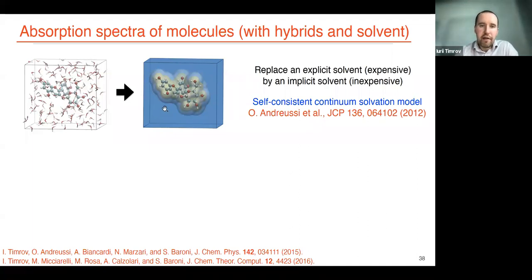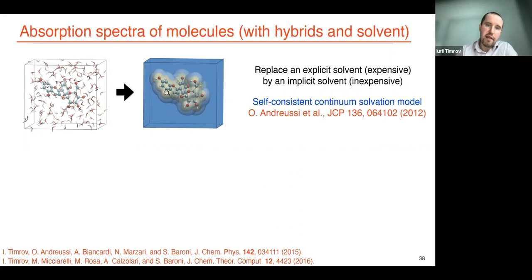But now the question is, how do you interface your real molecule with this solvent, the so-called implicit solvent? This is quite tricky. And in this work, we used the method called the self-consistent continuum solvation model, developed by Oliviero Andreussi, Ismaila Dabo, and Nicola Marzari about 10 years ago. There are actually two interfaces. It's actually a smooth transition, but we need to define two parameters that control the smooth transition from the molecule to the medium. Inside of this first isosurface, which you can see in some hue of green color,